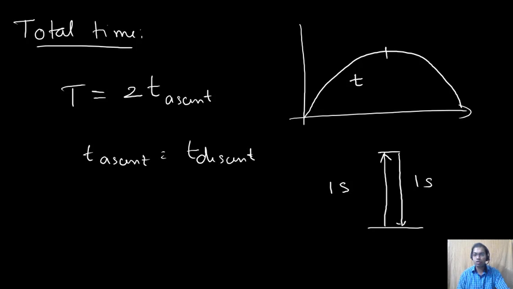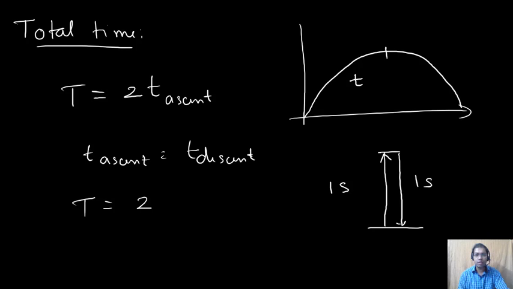How much time it takes to go up, the same time it takes to come down. Now this is true for a projectile motion because of the governing equation that we have in terms of y that we already derived. That is the equation of the path, or equation of the projectile motion. So from here, since I know both are same, I can write capital T is equal to 2 times